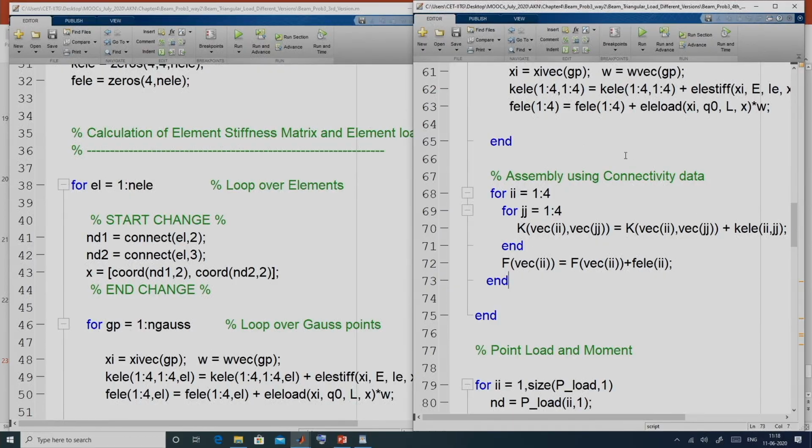That storage space is now not required in this modified version. So, in this generalization step, we do the creation of the element stiffness matrix and element load vector and their assembly to the global matrix and vector in the same element loop.